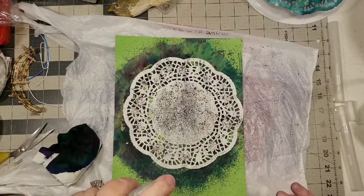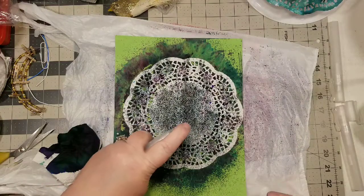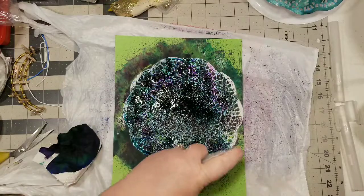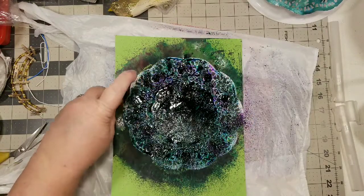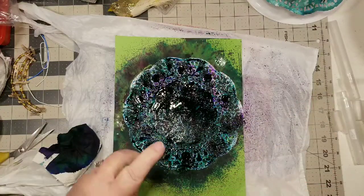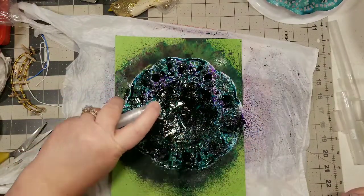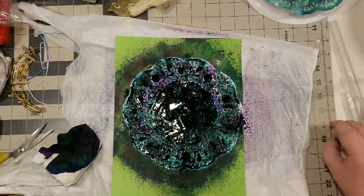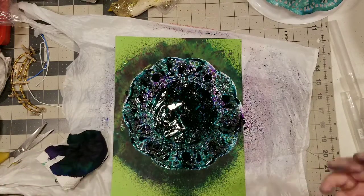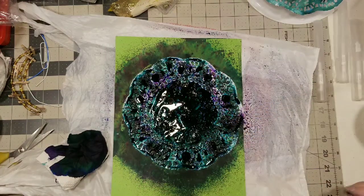Okay, so you can start with just a few sprinkles. You can start to see stuff, right? But I like to get down and dirty. Look at this, you guys. The more you spray, the better it is. Okay, I think I'm out of this one, so let's get to this next one here. And don't worry about how wet you get it, okay? Because this is where your little dibber-dabber, this happens to be a paper towel, but, you know, dibber-dabber, that's a word, right? Okay, so we all know it's not, but...